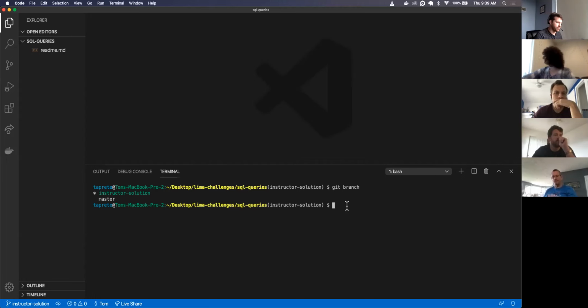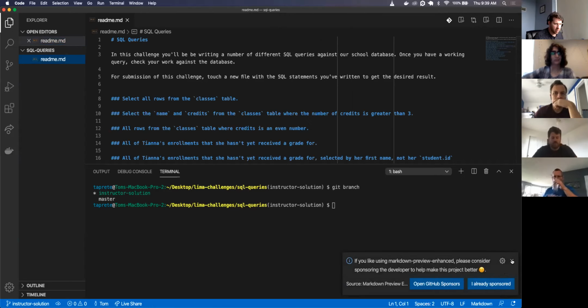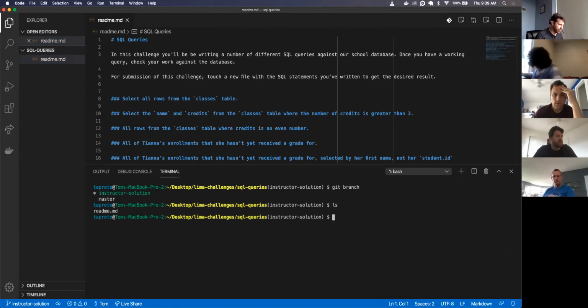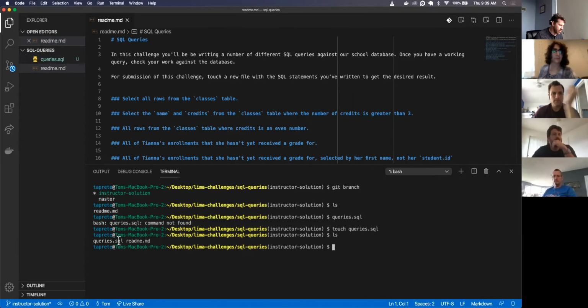Gotcha. All right. So I opened up the README. Here's my README of all the SQL queries. I've only got this README. I'm going to create a queries.sql file. I'm going to touch queries.sql and list it. Here's my queries file I just created. I'm going to open that up using code queries.sql.